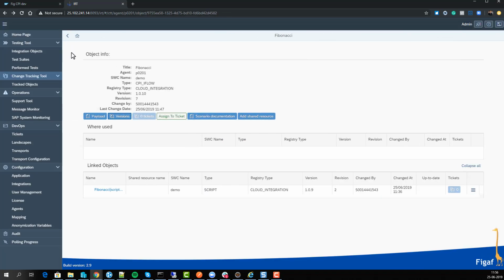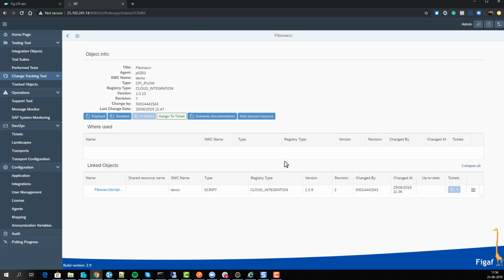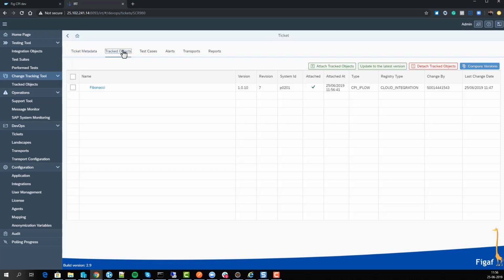But we want to create a new ticket for this, so we will go in here and assign a new ticket, and our ticket is our way of linking it to a business requirement, so service requests. We have the option here to specify it's a service request. And what we will then do is we actually have now information about all the objects that have been changed as a part of this